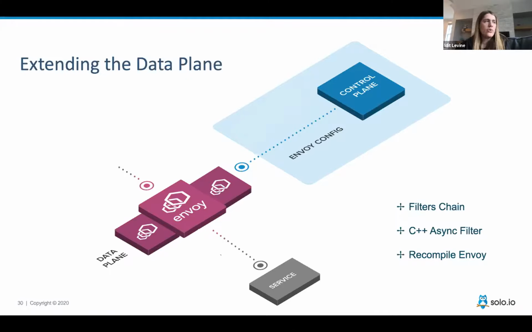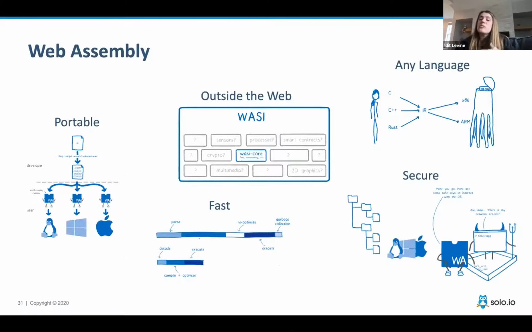So actually Google came up with this idea: what if we find a better solution? How can we allow other people to put some logic in the request path, logic like transformation, logic like metrics, that is very specific to you? This is why it's not in the community, but you want to do this, and you don't want to understand C++, or maybe you don't want to know how to compile Envoy, which, trust me, is not fun, right? So Google looked at WebAssembly and said, this is a very interesting one.